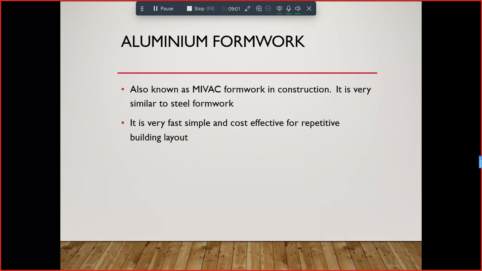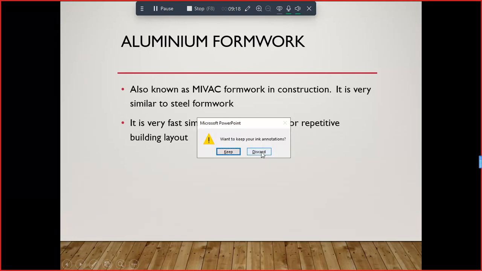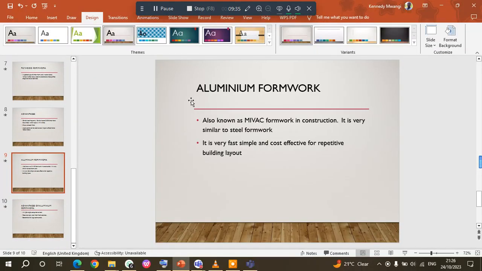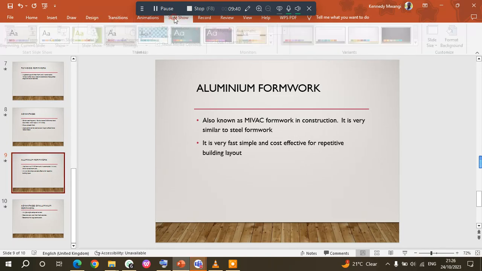Can someone try to read on, if they can see on their screen, something about aluminium formwork? Class, can you hear me? But the screen is